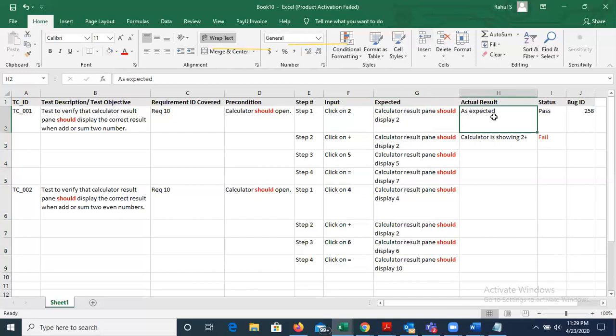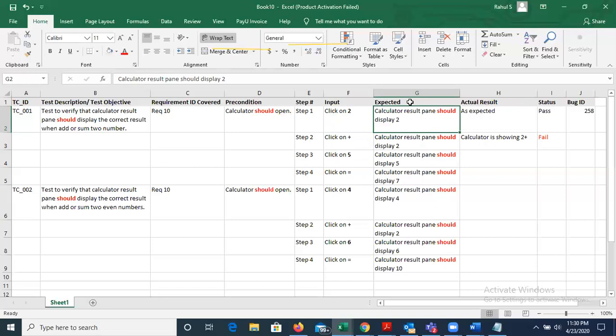If my application behavior meets this, then we say that my test case is passed. So the expected result also comes from the requirement. This is mostly asked in interviews: how you derive the expected result. The expected result is always derived from the requirement statement.